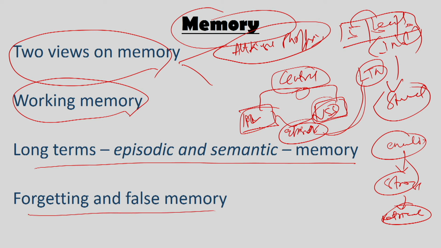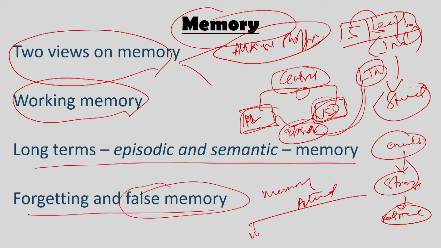And then finally, we looked at how information is lost. So, how do you forget? We looked at the idea of interference and active decay, which lead to forgetting. We also looked at something called false memory. Now, I have already said that memory is never accurate, and so the conceptualization of memory construction and